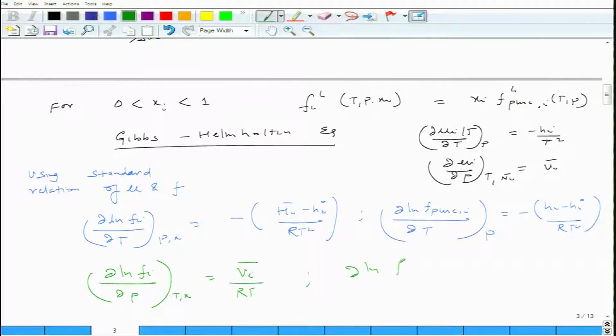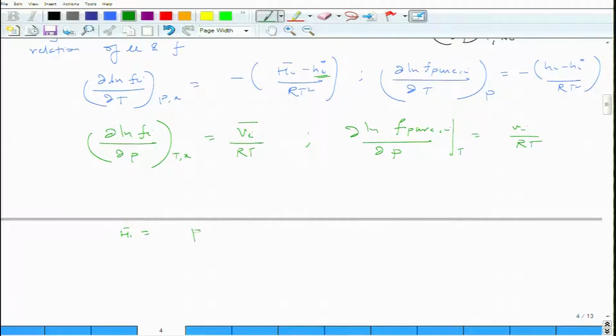For the case of the pure fluid, this would be simply Vi by RT. Now, this is the partial molar enthalpy of i, and this is the partial molar enthalpy of the reference state, which is basically the ideal gas, let us say at T. So Hi bar is nothing but partial enthalpy of i. Similarly, Vi bar is partial volume of i, and small hi is molar enthalpy of pure fluid,